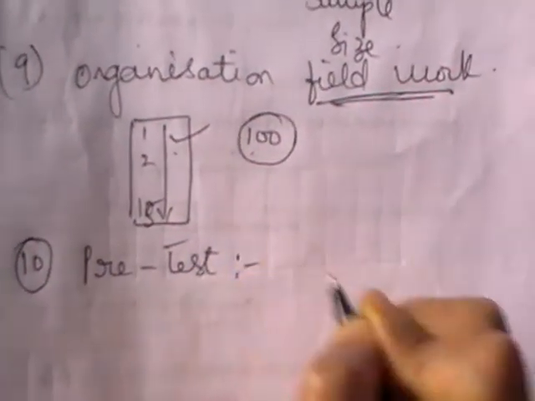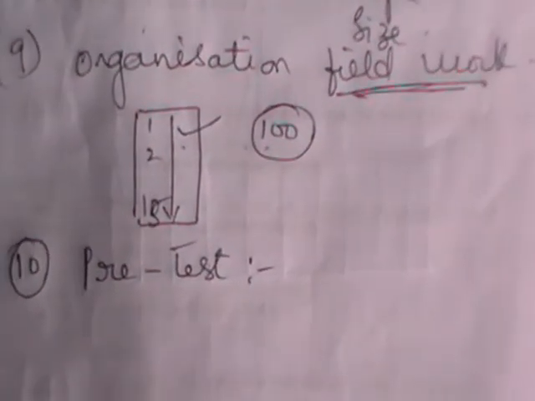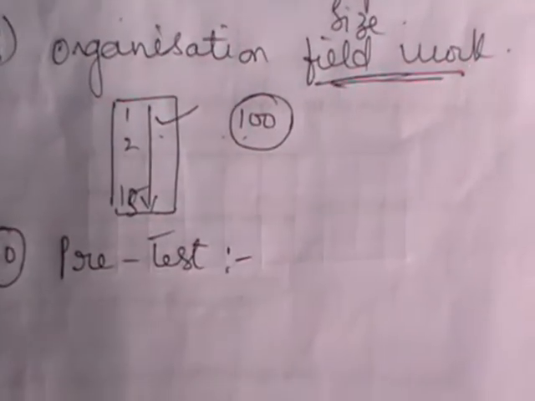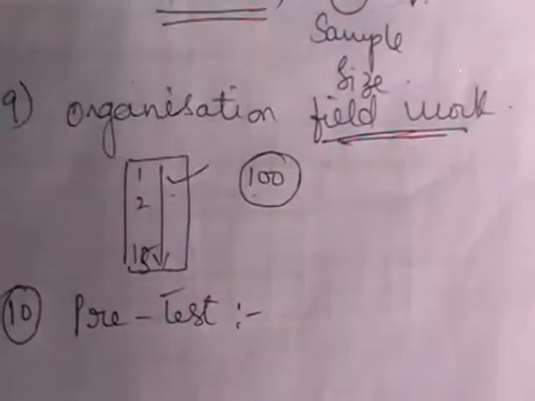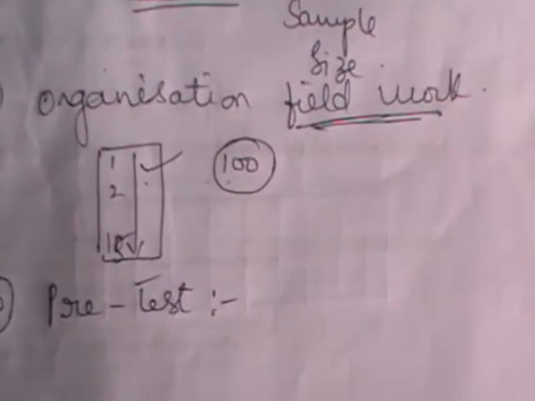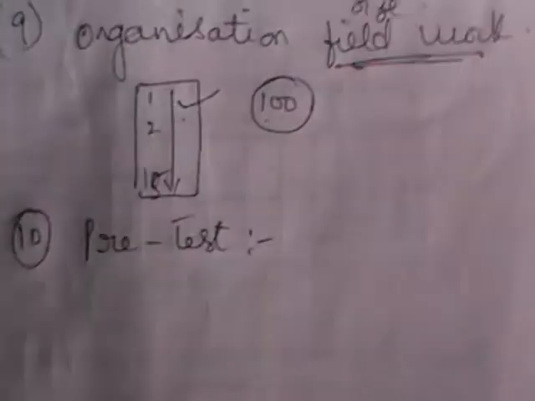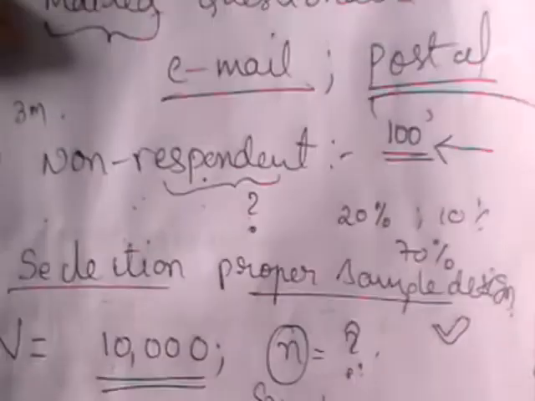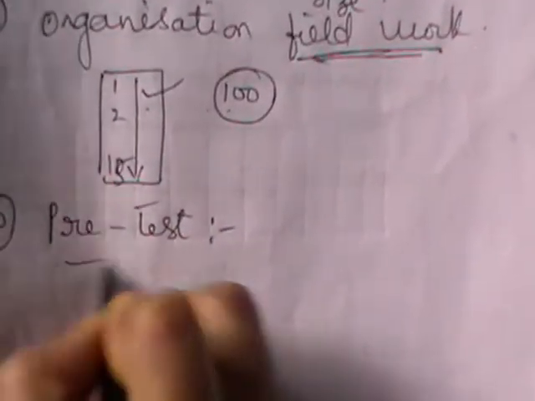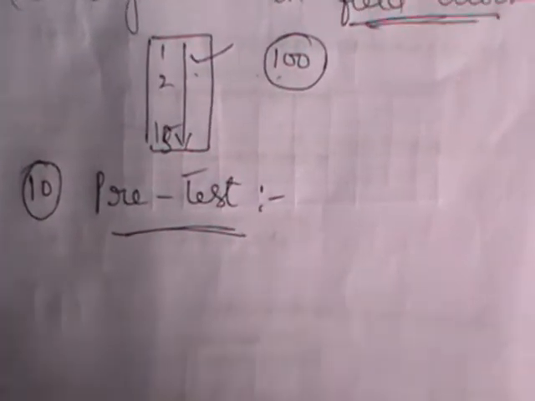After that, pre-test. Pre-test is nothing but, after planning all these, you should conduct a pre-test. What do you mean by pre-test? Before going to the actual field work, you should do some mock run, like for your final examination you write some pre-final examinations or mock tests. Similarly, before executing all these steps, the entire schedule should be tried with a few members, 1 or 2 members, which is called pre-test. Pre-test is carrying out the questionnaire or schedule on a small scale of population.